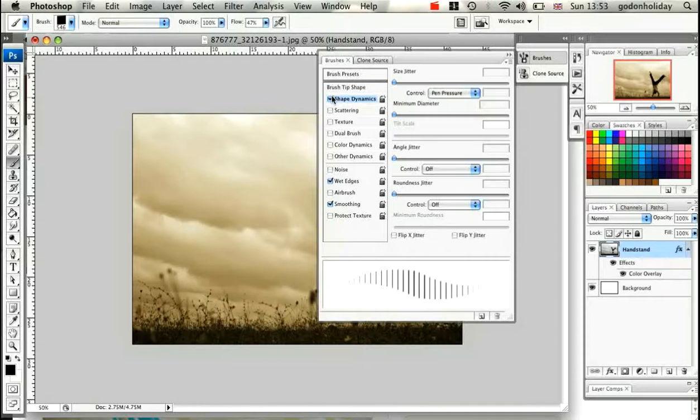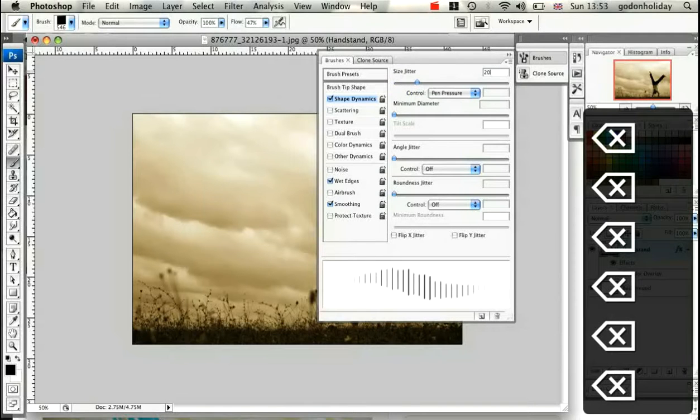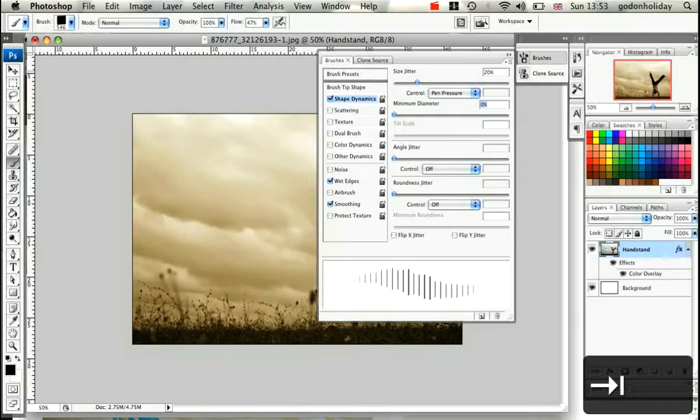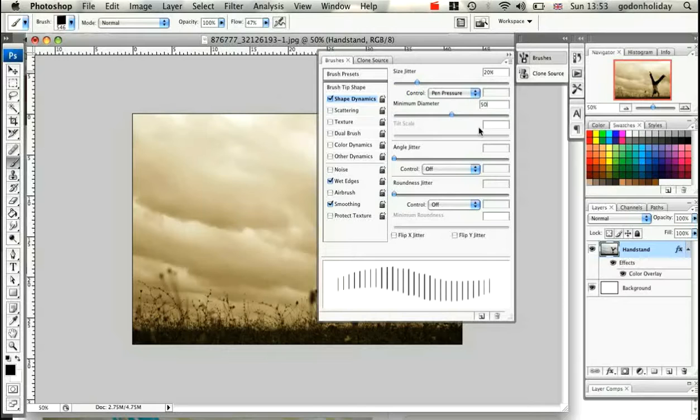Starting up at the top with shape dynamics, we're going to change some of these settings over here. We're going to set that to 20%. That's the size jitter. We're going to leave it on pen pressure, and we're going to set that to 50%. We're then going to move down to our angle jitter. Okay, leave that on 0%. We're going to turn that to pen tilt, and that's going to be 100%. And then we're going to have our control set to off, and we're going to set the minimum roundness